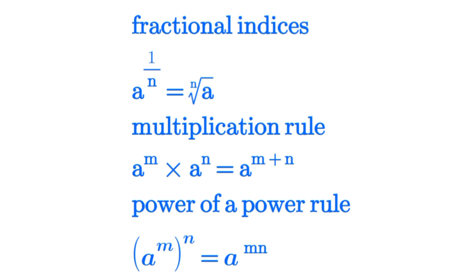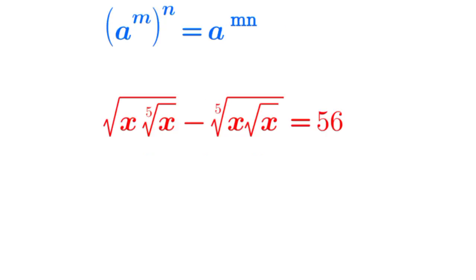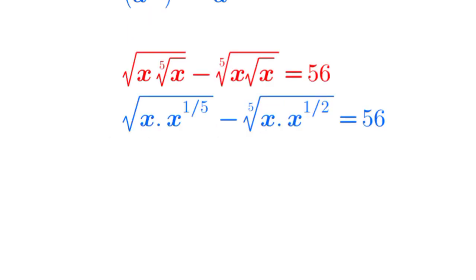So we have our question. Now the first step, we're going to use the first rule, which is the fractional indices. So we're going to use it on the fifth root of x here and the square root of x here. So when we apply those rules, we'll have our equation rewritten as the square root of x multiplied by x raised to the power of 1 over 5 minus the fifth root of x multiplied by x raised to the power of 1 over 2 is equal to 56,